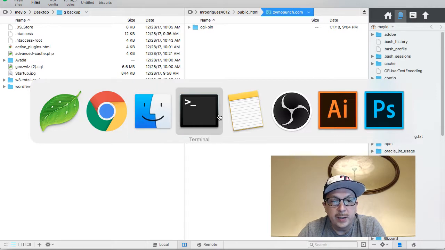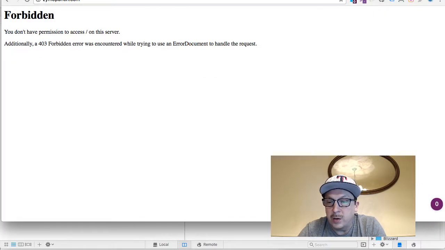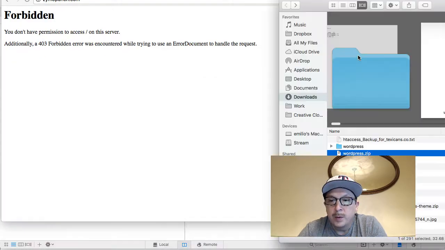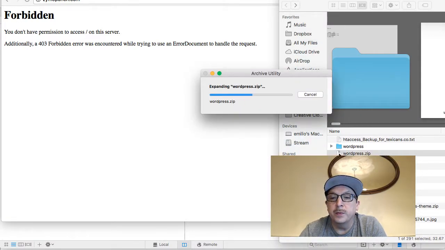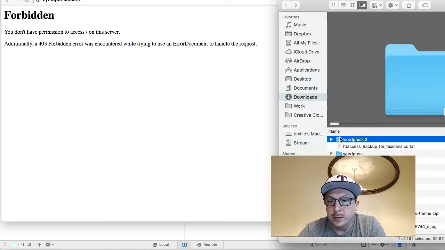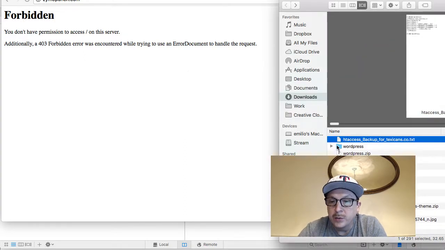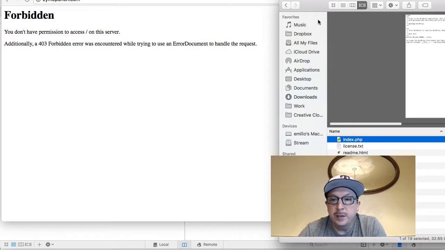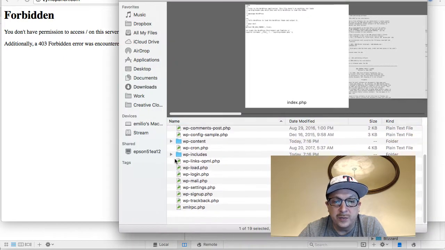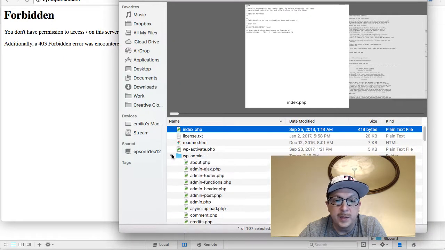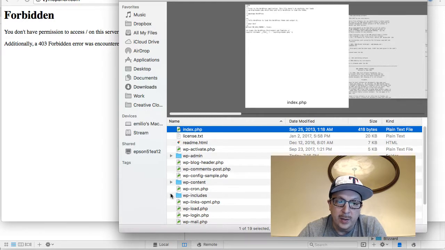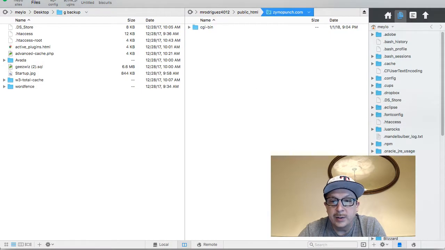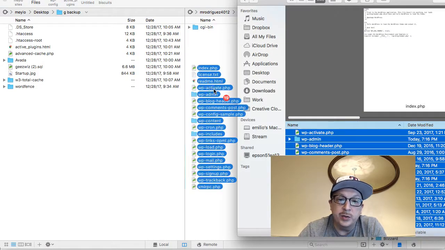Now, when you have the zipped file on your hard drive, I'm going to go ahead and open this. There's a bunch of files that make up WordPress. I already had that there. So if we go in here, you're going to see all of these files, and there's thousands of files. You can't see them, but they all live inside of WordPress admin and WP includes, and there's more files in here as well. I can easily grab all these files right here and just bring them